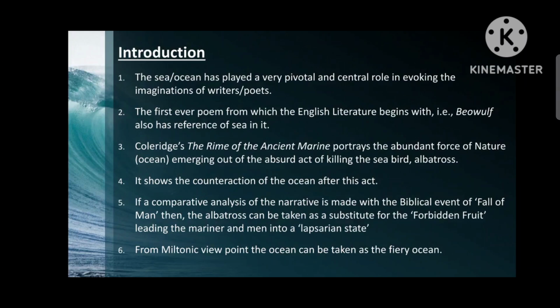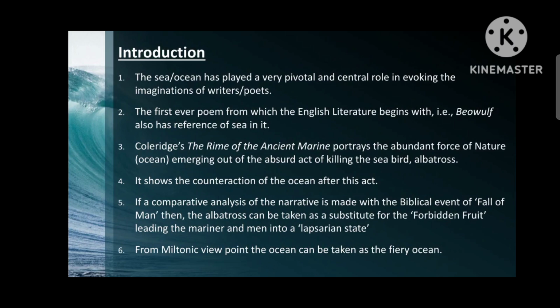So here Lapsarian state means falling from a better state, right? Falling to a worse condition from being in a better state. That is what Lapsarian state is. The fourth point also says the same. It shows the counter reaction of the ocean after this act, how the ocean reacts after this act of killing the albatross. The fifth point, now if a comparative analysis of this narrative is made with the biblical event of the fall of man,